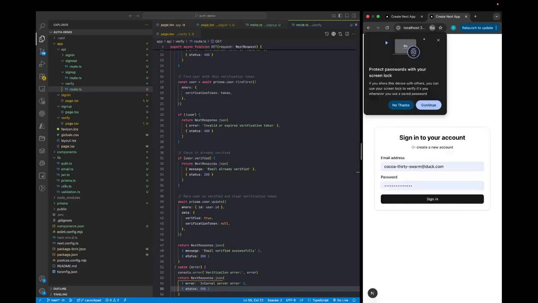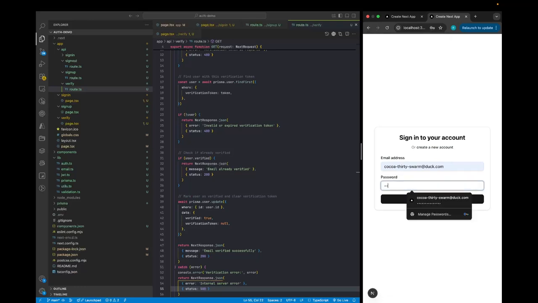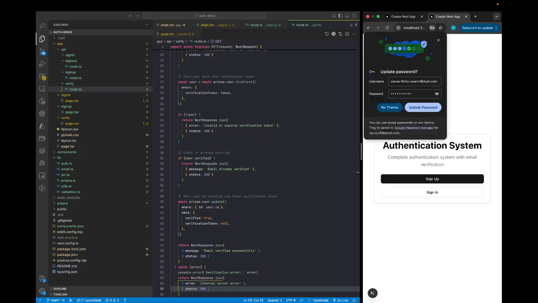Okay, let's double check if we can log in. Sign in. Password 123. Sign in. Signed in successfully. Nice. Okay, that's it,